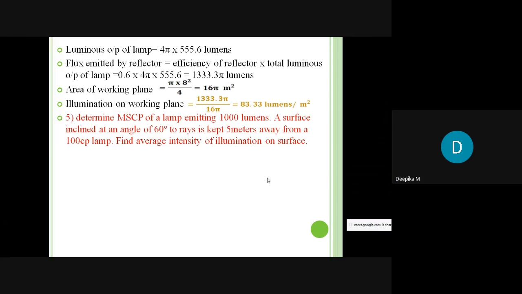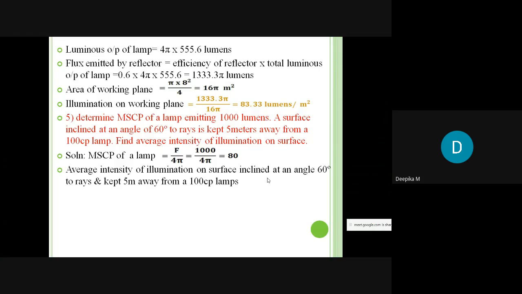The MSCP of the lamp here is 1000 lumens, and the surface is inclined at an angle of 60 degrees. The distance between the source and the surface is 5 meters. Therefore we have to calculate this. So MSCP of a lamp is nothing but flux by 4 pi, which is 1000 by 4 pi, which is nothing but